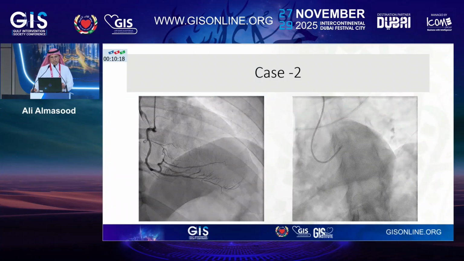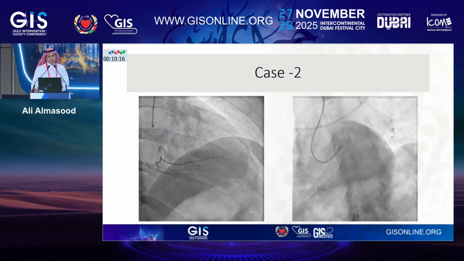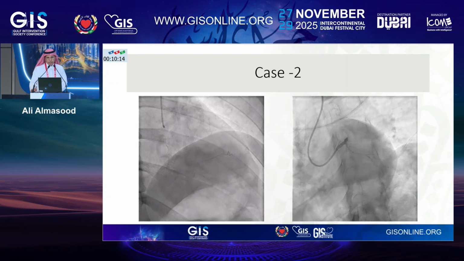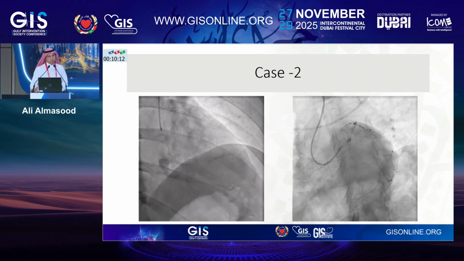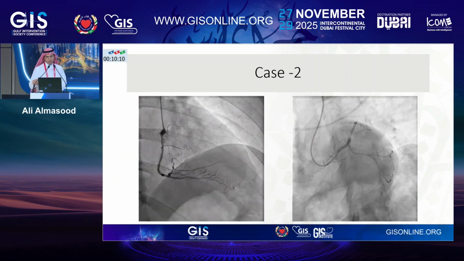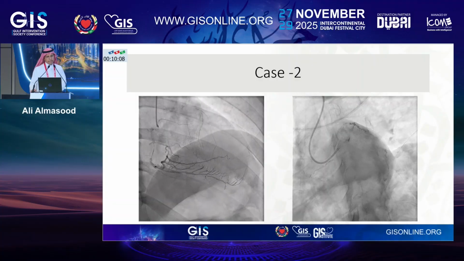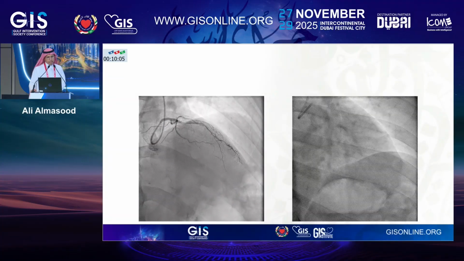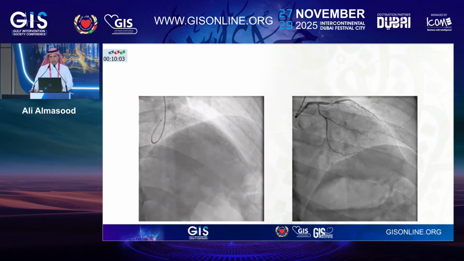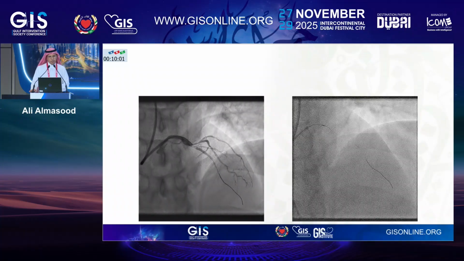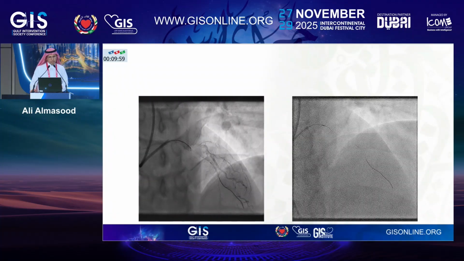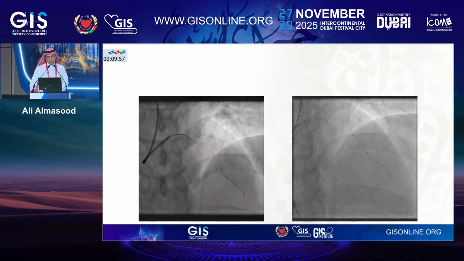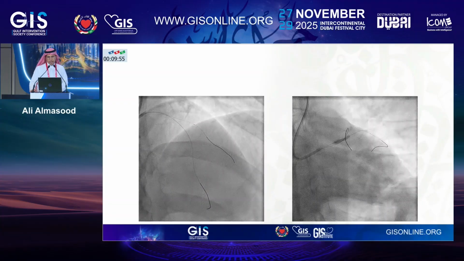Second case, a patient with classical angina. He has CTO of the LAD. As you can see, the stenosis started in the proximal segment involving the ostial big diagonal. Again, with multiple attempts, first we protected the diagonal with a soft wire, then we managed to go through this totally occluded LAD